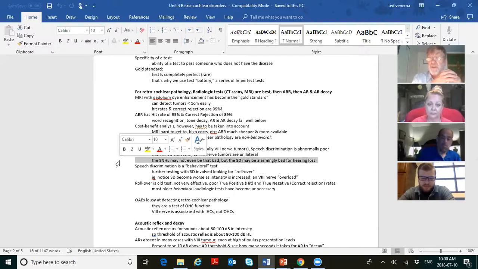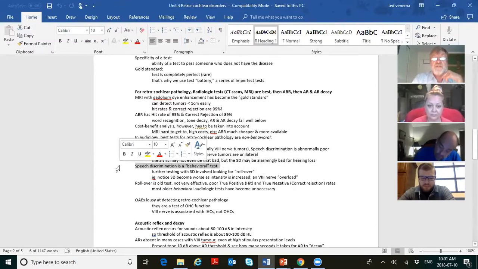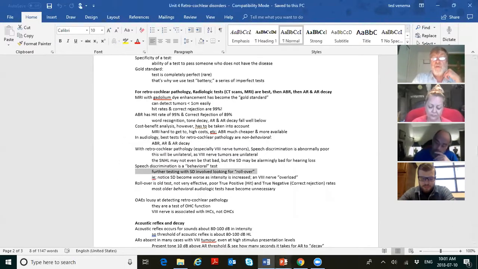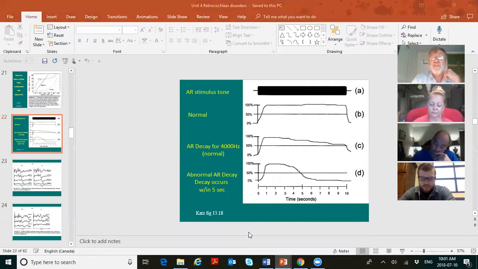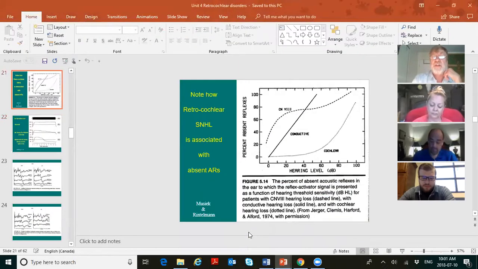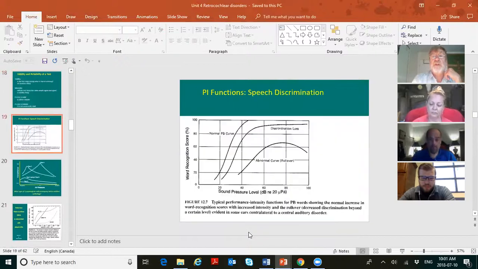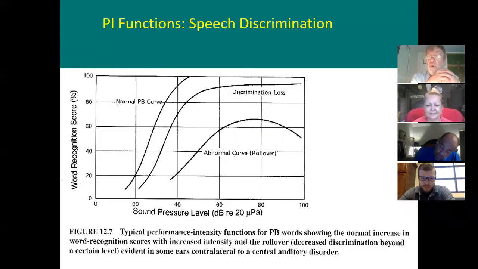Please refer. Speech discrimination testing is a behavioral test. Now you'll see something called rollover. And this was a theory done in speech recognition testing. Let's see, rollover. Here you go. The term rollover, okay? I always say fat and skinny went to bed, fat rolled over, and skinny was dead. Okay, rollover. So remember, we're